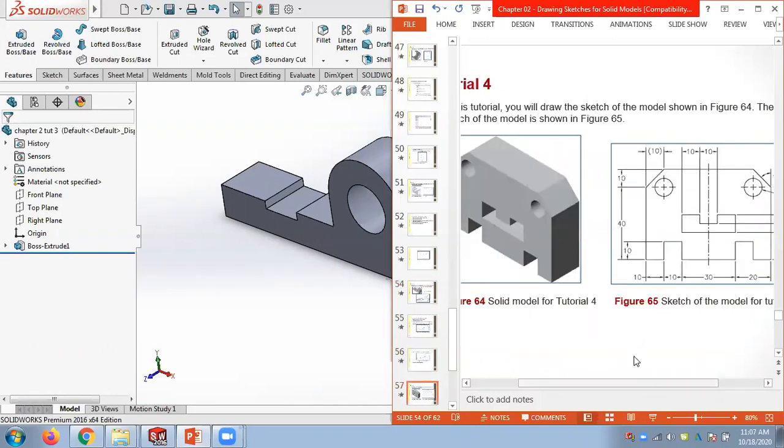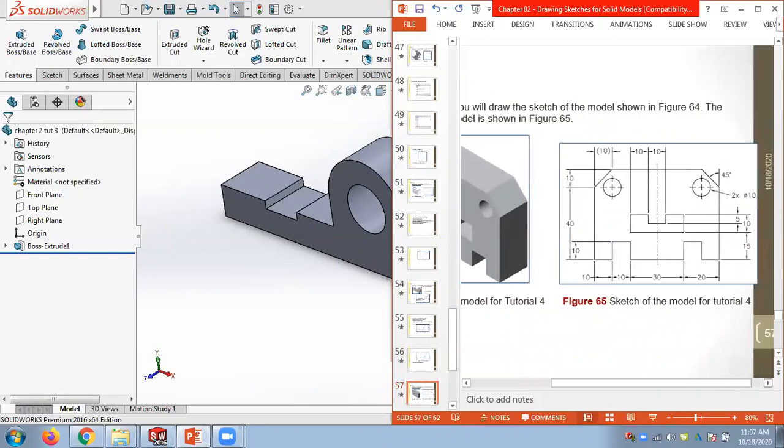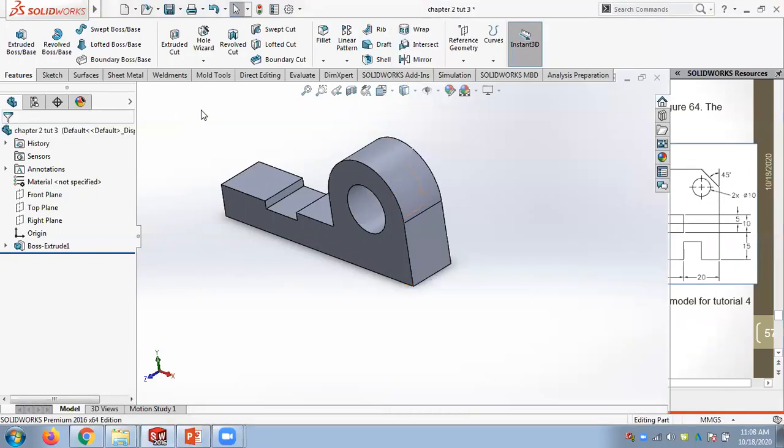I will look at this one, chapter 4, tutorial 4. So here gradually I am increasing the complexity of the model. So we will start this.